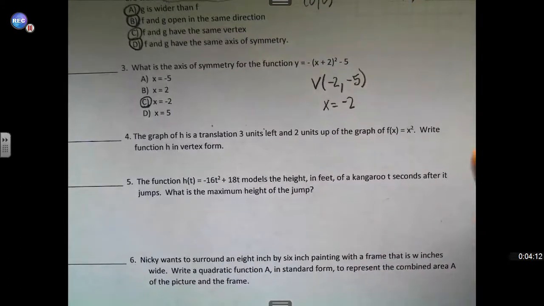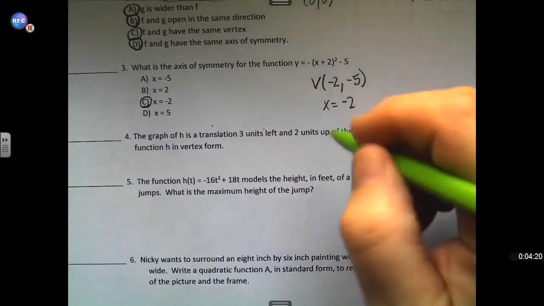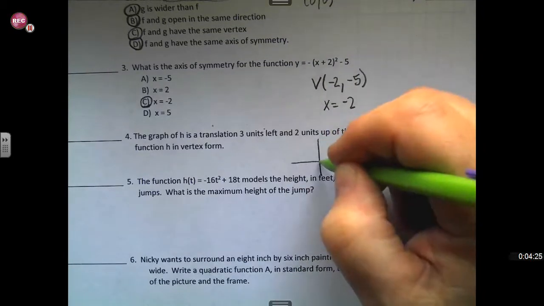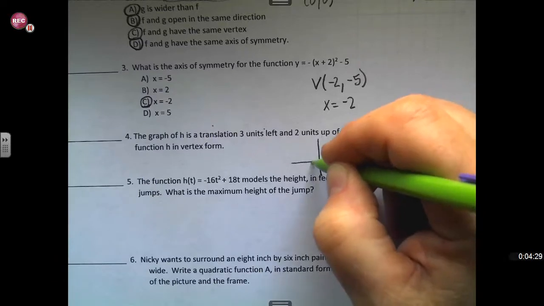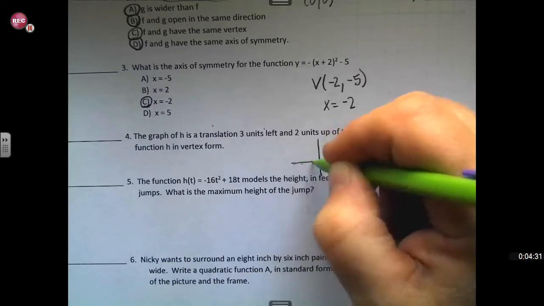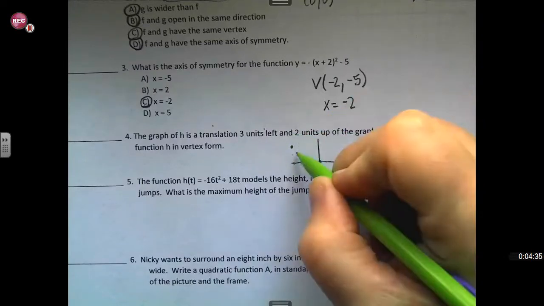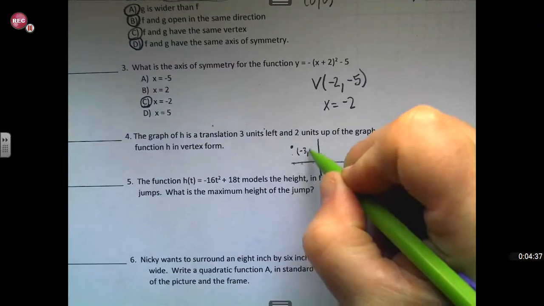the graph of H is a translation 3 units left and 2 units up of the graph of x squared. Right, H in vertex form. So x squared starts here at the origin, but I'm going to move that 3 units left. So 1, 2, 3, and then up 2 units. So that's going to put that vertex at -3, 2,